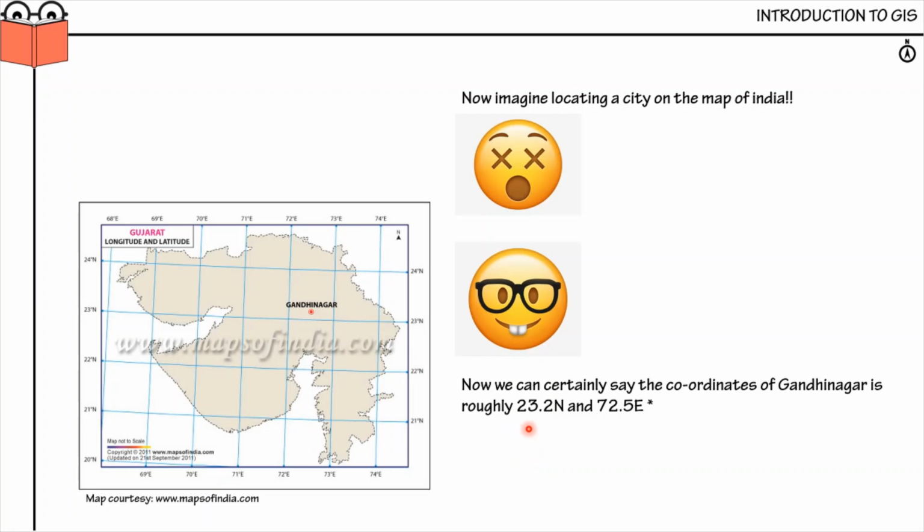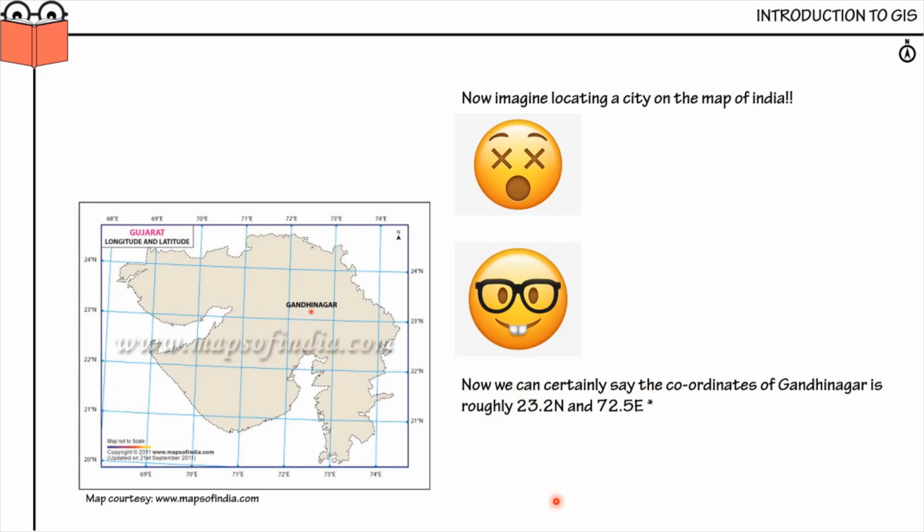So 23.2 north and 72.5 east is not the only coordinates of Gandhinagar, because Gandhinagar is huge. Perhaps it covers an area like this. It spans the whole area like that. So it will be somewhere close to 23.12-ish, 72.56-ish. So yeah, the asterisk mark here simply says that doesn't mean the whole of Gandhinagar has